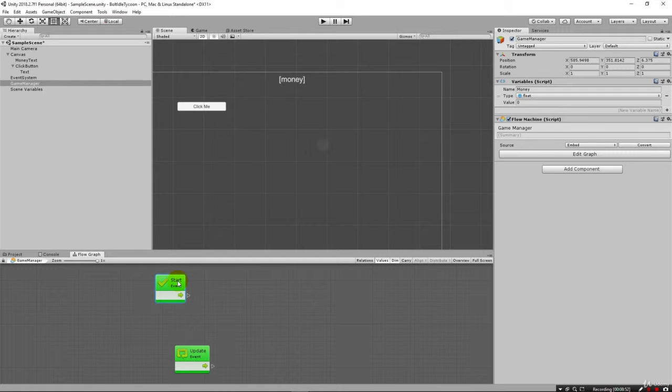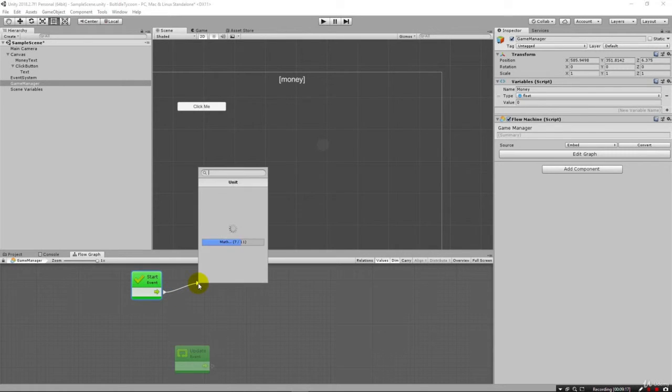So in this flow graph, we're provided two units to start with. These are called units in flow graph. In this start event, we're going to have this flow that comes out, as you can see, and we can hook it up to things. What we want to hook it up to, obviously, is a way to set the text for the money up there. So when I click and drag, and I'm just using a left click and let go,